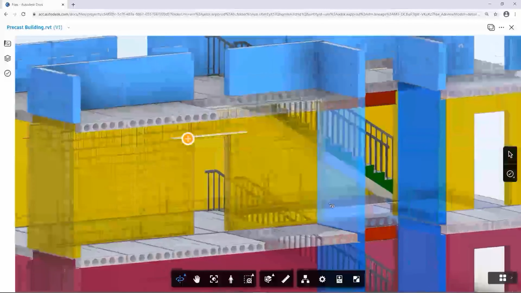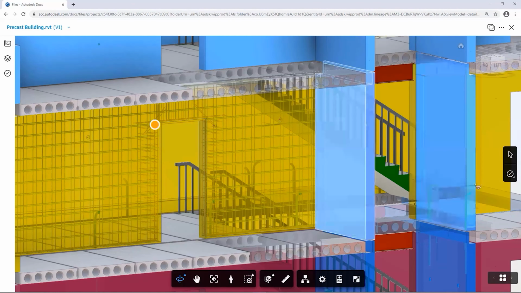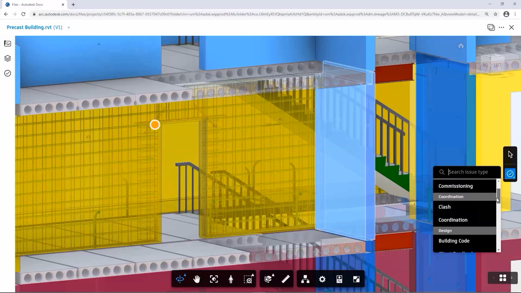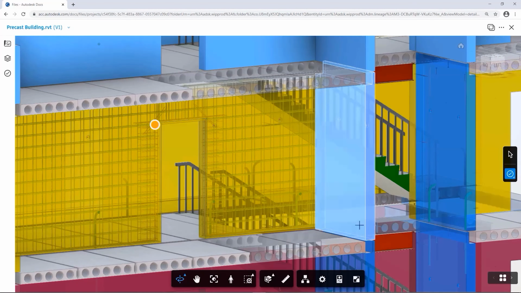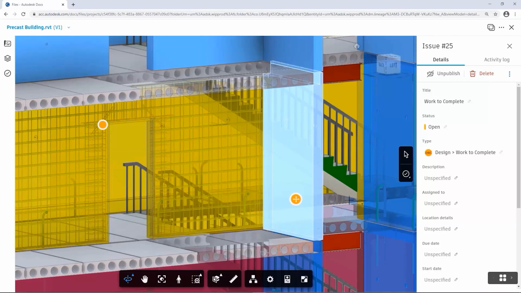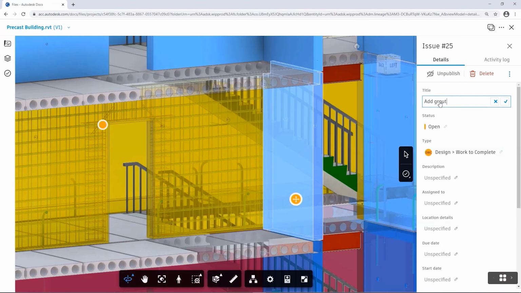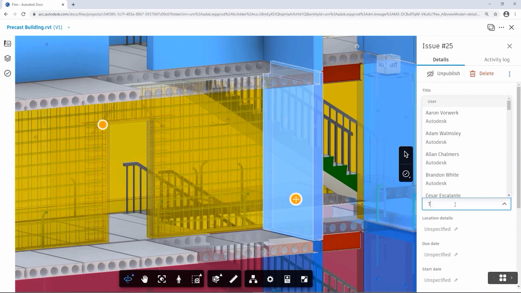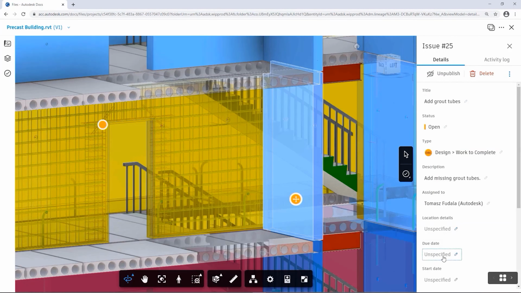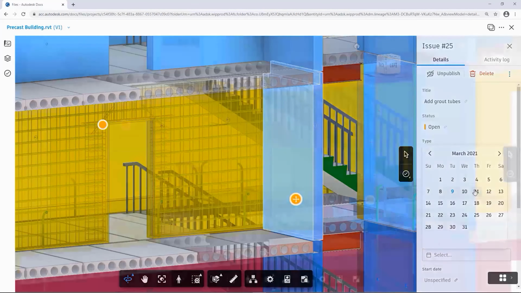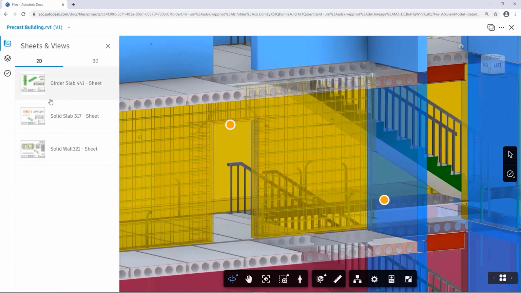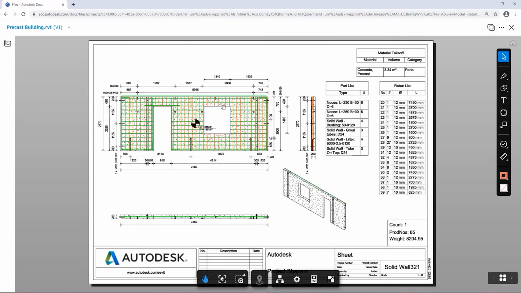The second issue points out that there are missing grout tubes in the precast wall. This issue can also be easily reported. The third issue identifies missing reinforcement around the opening.